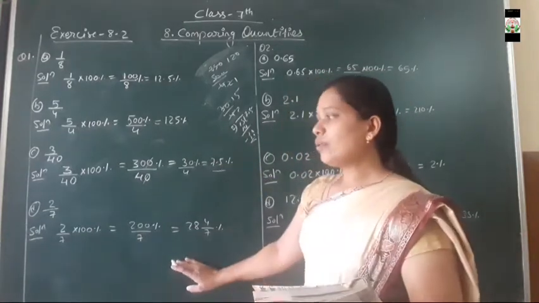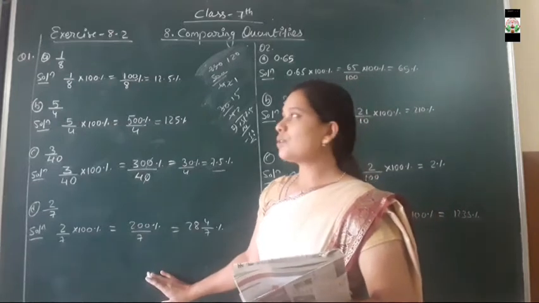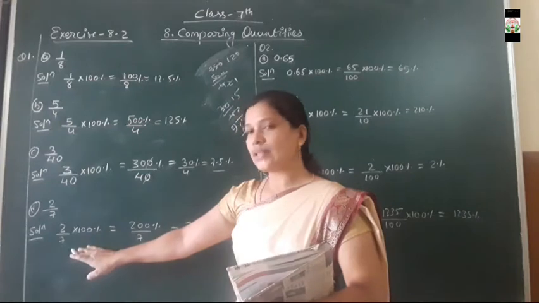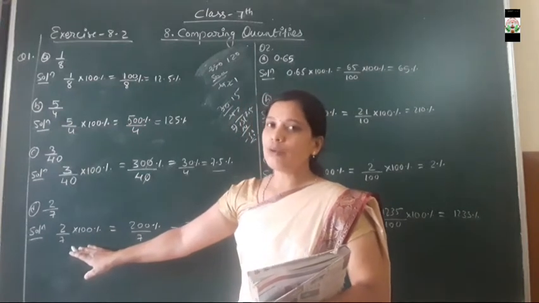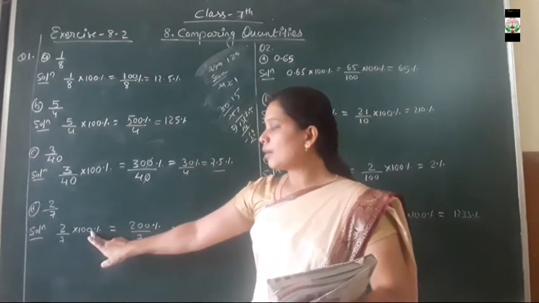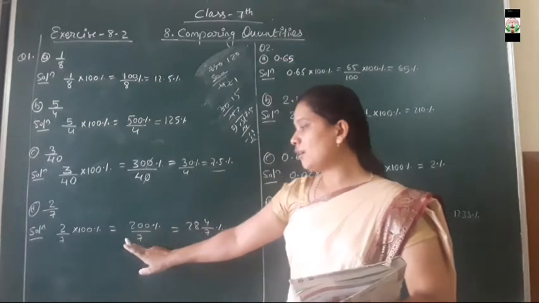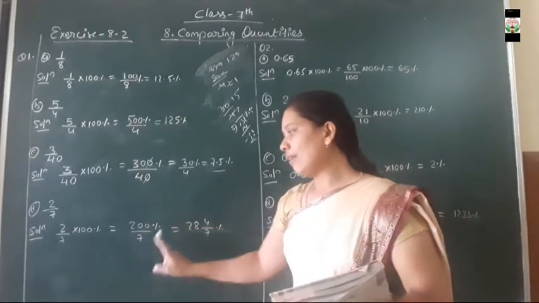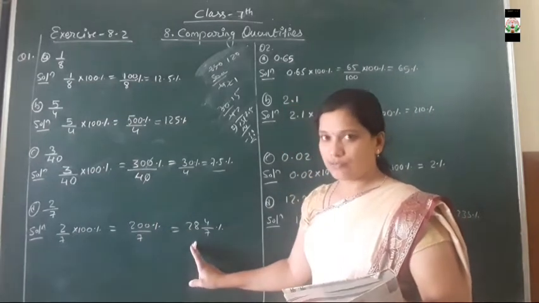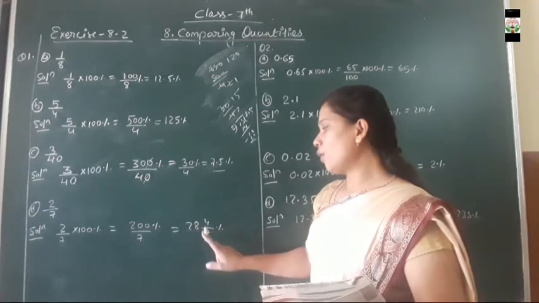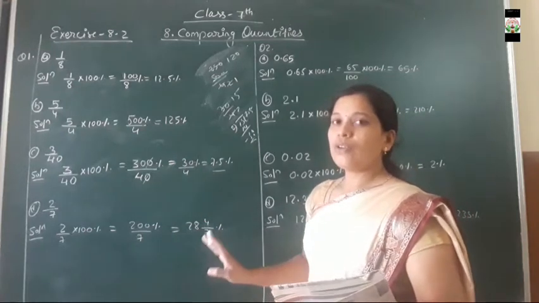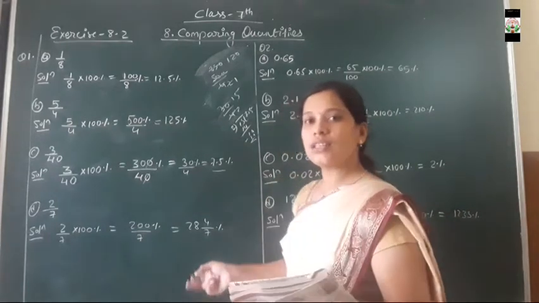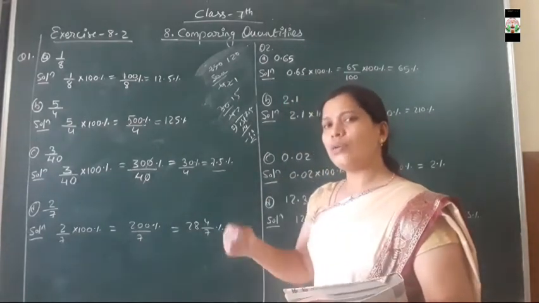Okay. Moving toward the last part of question number 1, 2 by 7 is a fractional number that we want to convert into a percent. In order to convert it into the form of percent, 2 by 7 is going to be multiplied with 100%. Now multiplying by 100%, 200 upon 7% will be there. When we divide that number, it will become a mixed fraction form. Okay, that is 28, 4 upon 7%. Now you will ask me, teacher, can we remove the remainder? So dear students, this is such a remainder that won't stop proceeding.